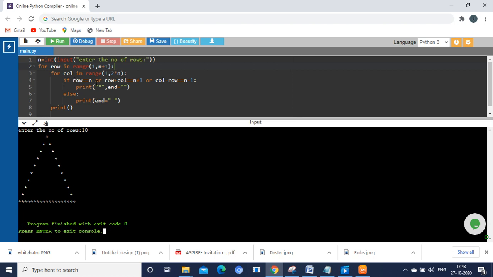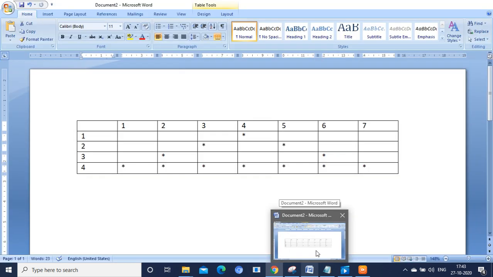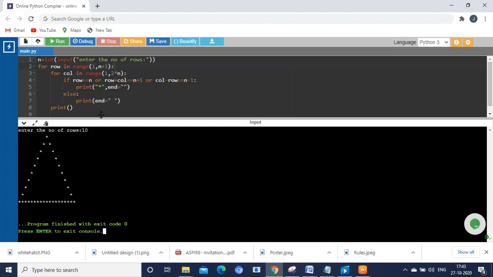Okay, here is the condition. We are going to print the asterisk symbol, right? If row is equal to n, as I have mentioned, in the last row we are having the asterisk symbol in all the columns. That is what is mentioned in the code. Row is equal to n, that is, in the 10th row we are going to print the asterisk mark in all the columns. So the first condition we are giving is, if the row is equal to 10